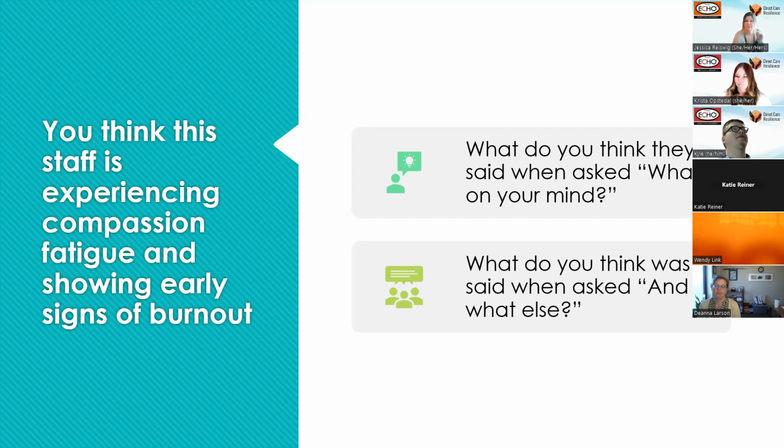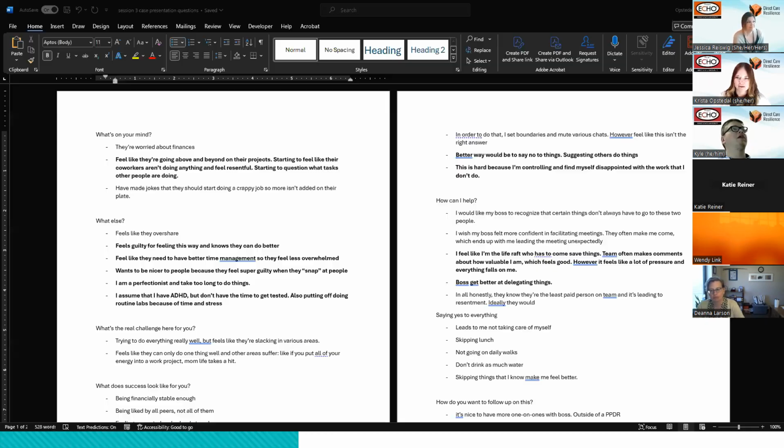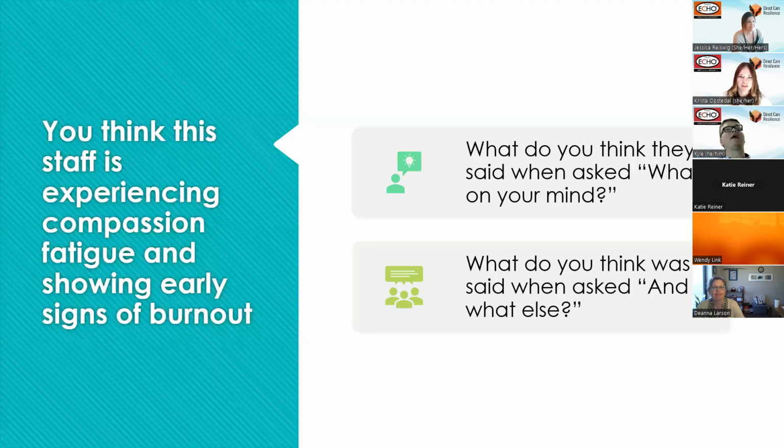They said that, maybe I should set boundaries. I should say no to things. And then they also mentioned that this is hard because they know that they're controlling. And sometimes when they do let go of that control, they feel disappointed with the work that's put out by others. So I finally said, how can I help? And they said, I'm going to actually pull up my notes here.